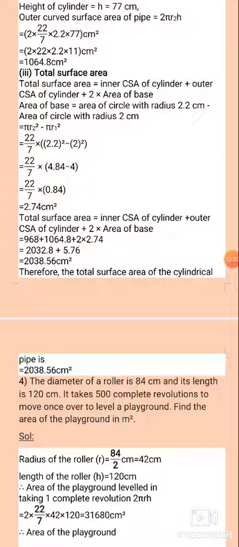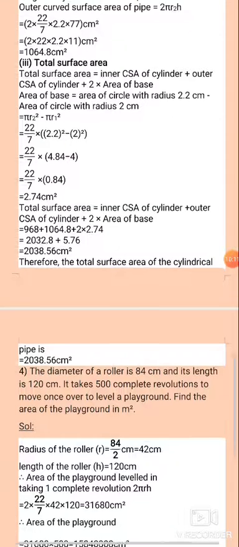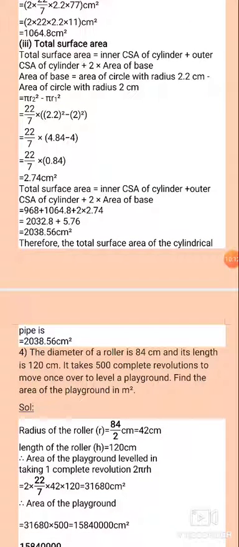Okay. So here what are the conditions given? The diameter of the roller is 84. So the radius of the roller is 84 by 2, which is equal to 42 centimeter. And the length, which is the height, is given as 120 centimeter. Now the area of the playground